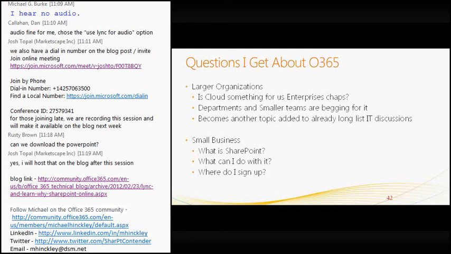One of the things I find in the enterprise is that departments and smaller teams are absolutely clamoring for it. As I mentioned beforehand, sometimes IT can be a roadblock, not necessarily on purpose, but there are agendas and workflows, and these teams are going to do anything they can to get their solutions and opportunities as quickly as possible. The unpleasant caveat to that is that sometimes they need to work around.